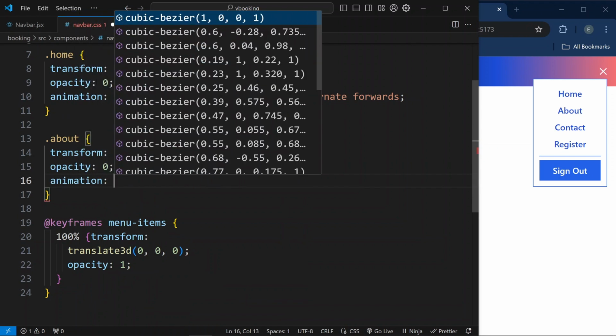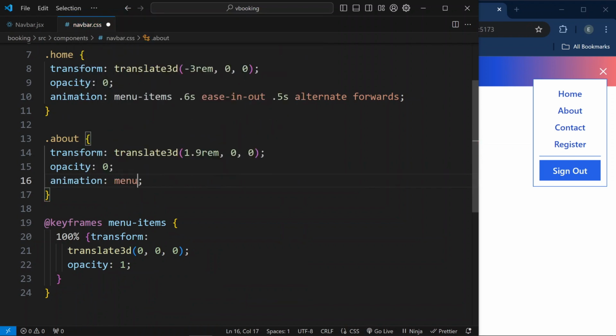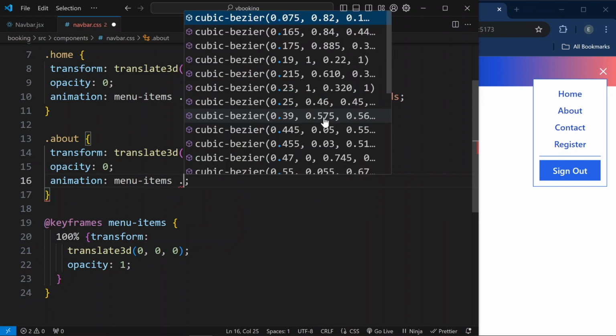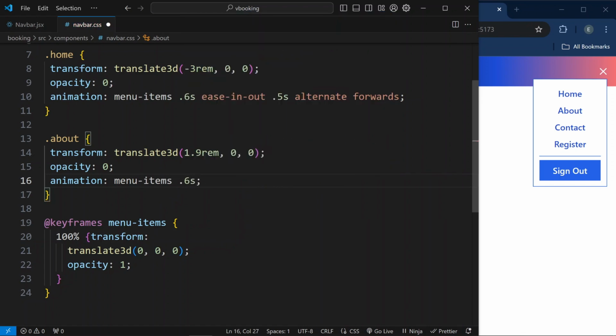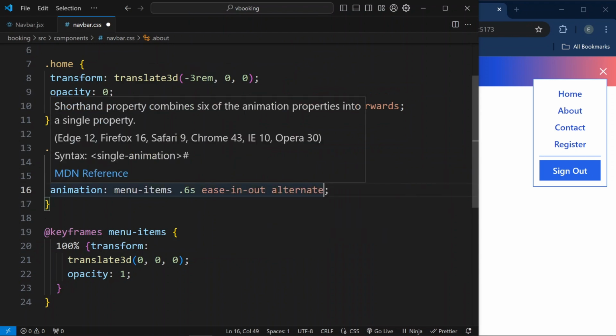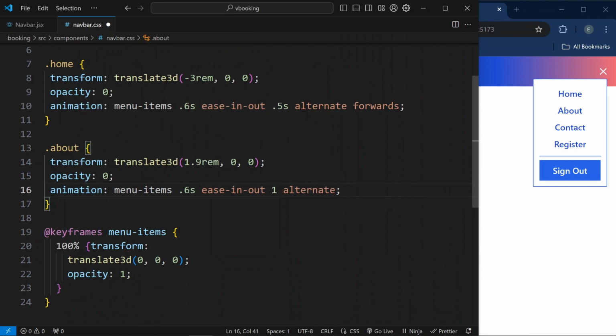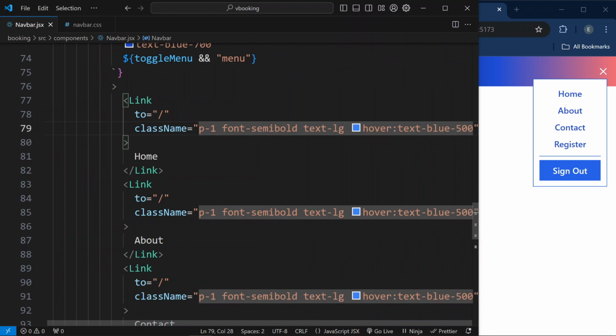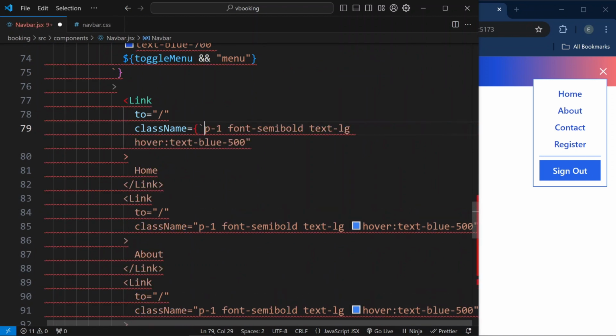Animation, menu items, our duration will be 0.6 seconds, ease in out, alternate. Our delay will be, let's give our delay here to make it consistent, and forwards. Let's use these transitions inside our links, and for them also we are going to use template literals